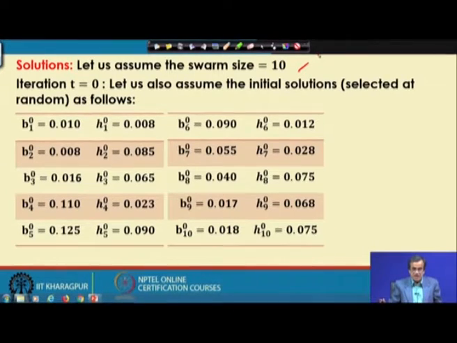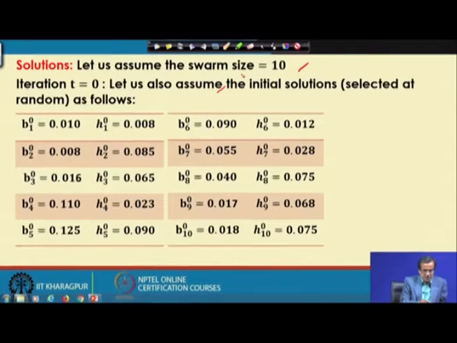So, there are only 10 solutions, and let us see how to find the optimal solution. Let us start with iteration t equals 0, and the initial solutions are generated at random using the random number generator, and while determining these random solutions we will have to be careful that all the solutions should lie within their respective ranges.